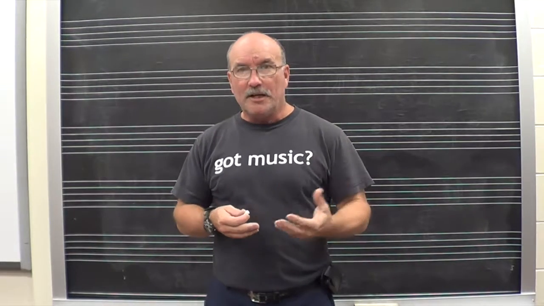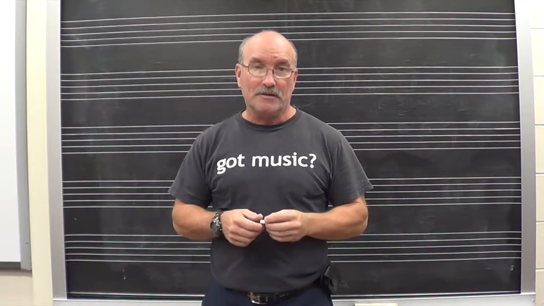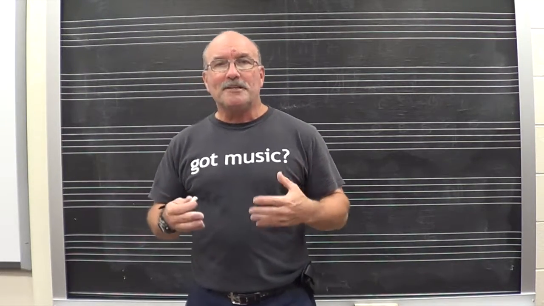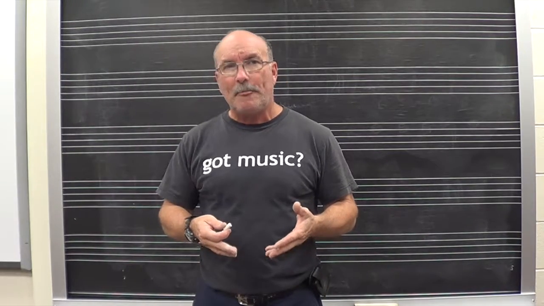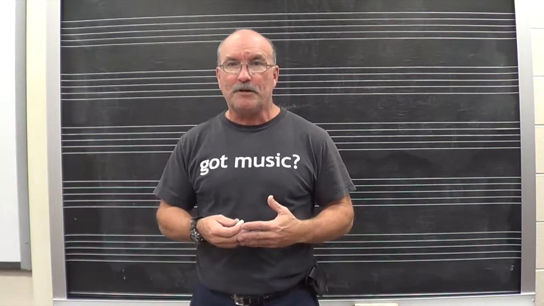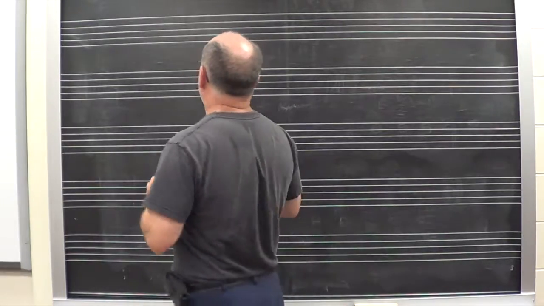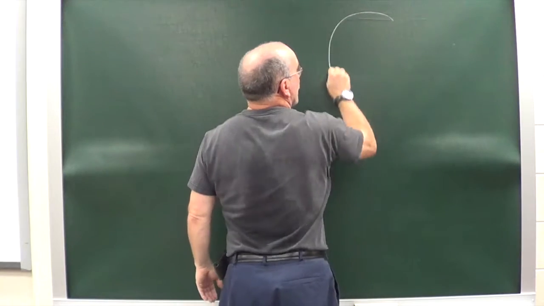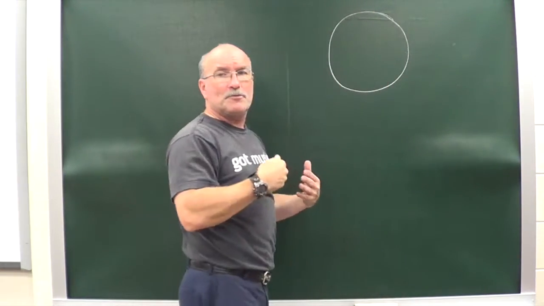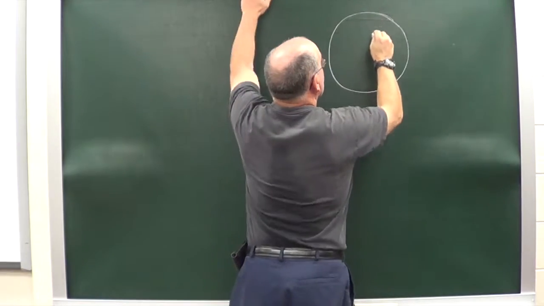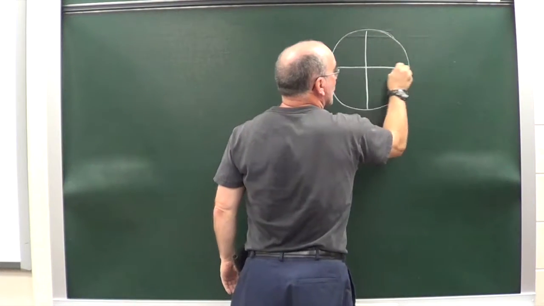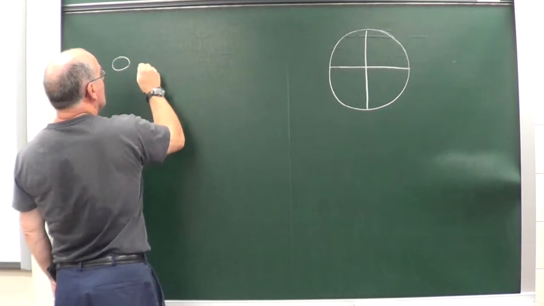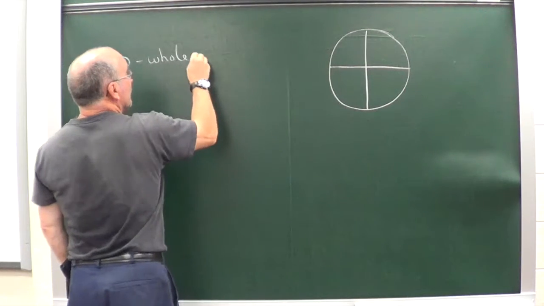Okay, in this video we're going to be talking about note and rest values. Now the one thing that you need to understand is that all note values are based upon mathematical principles. Equivalent fractions, for the most part, is what it's based on. So you need to understand that in music, when we're talking about the whole thing, that whole thing in its most basic form is divided into 4 equal parts. So therefore, if you have a whole note, which is just a round circle, and I give you,